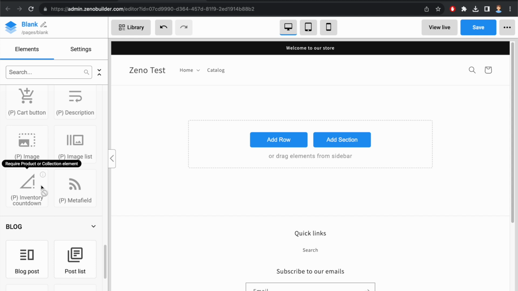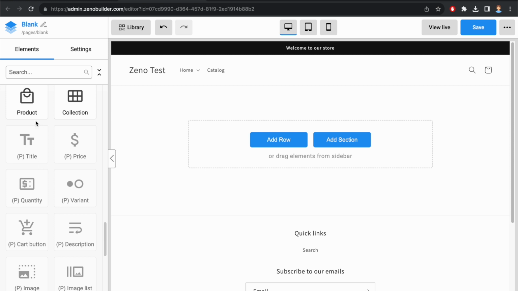Today we are going to learn how to use the product inventory countdown element. The product inventory countdown element is a mini element which shows a countdown for the inventory remaining of a product on the page. In order to use the product inventory countdown element, we first need to insert a product element